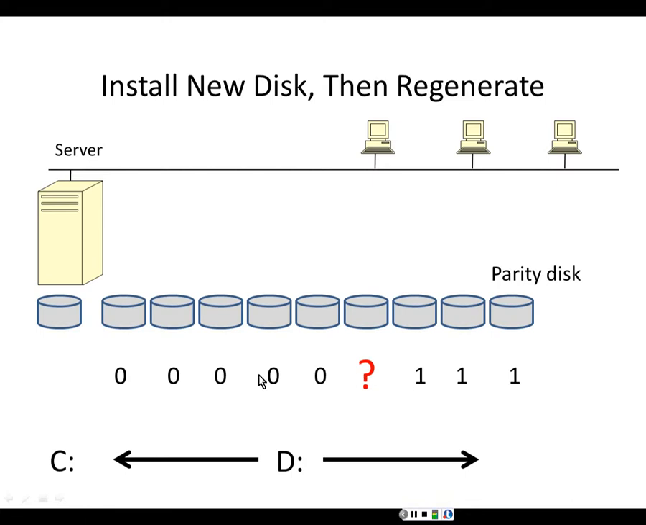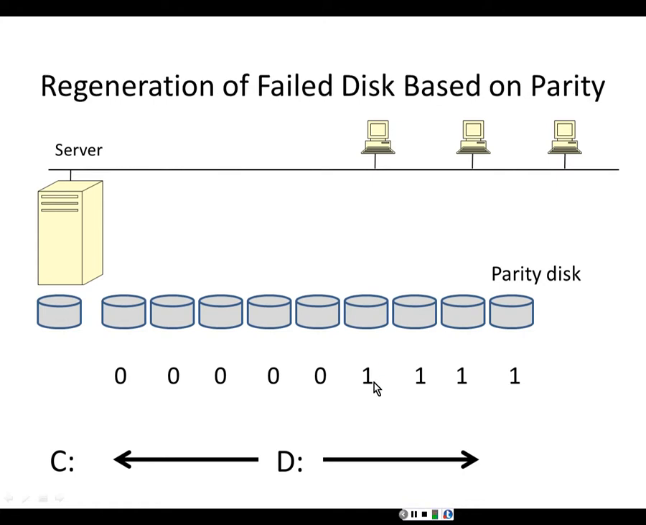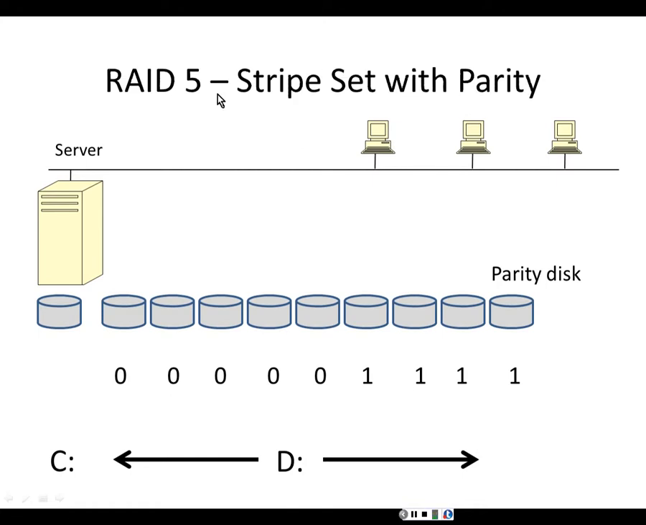Is it supposed to be a 0 or a 1? Well, remember, with parity, we're always supposed to have an even number of ones. Therefore, when it generates that disk, it knows to make the bit on that disk a 1. The regeneration of a failed disk is based upon parity. And RAID level 5 is a stripe set with parity, increased performance, and fault tolerance, but it can be a